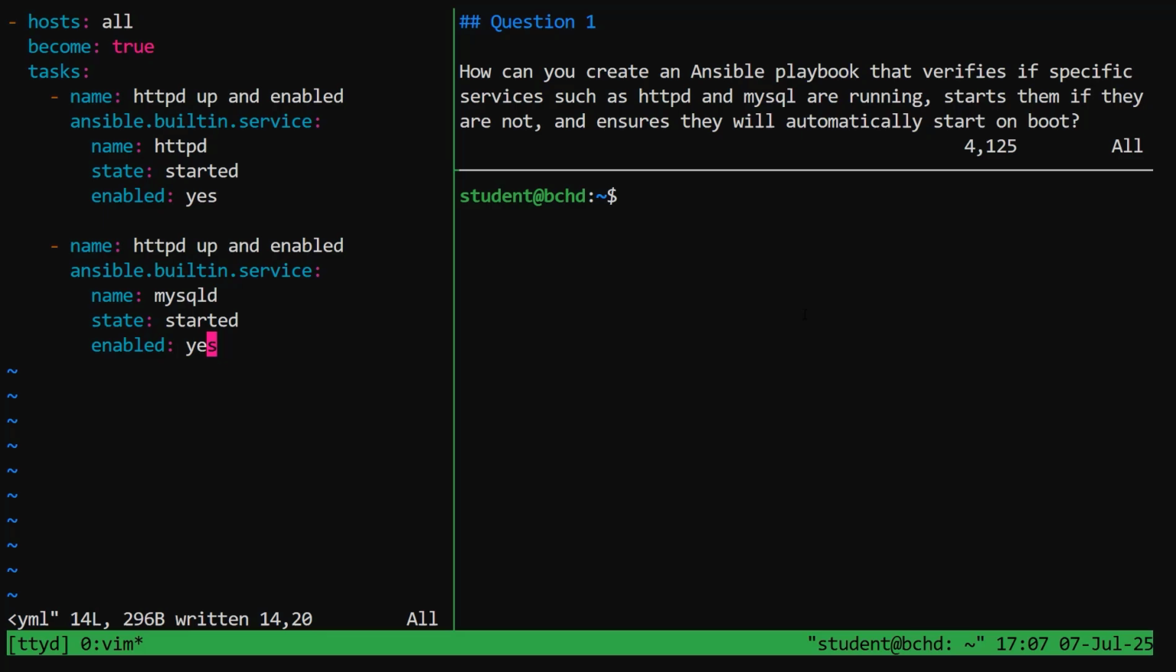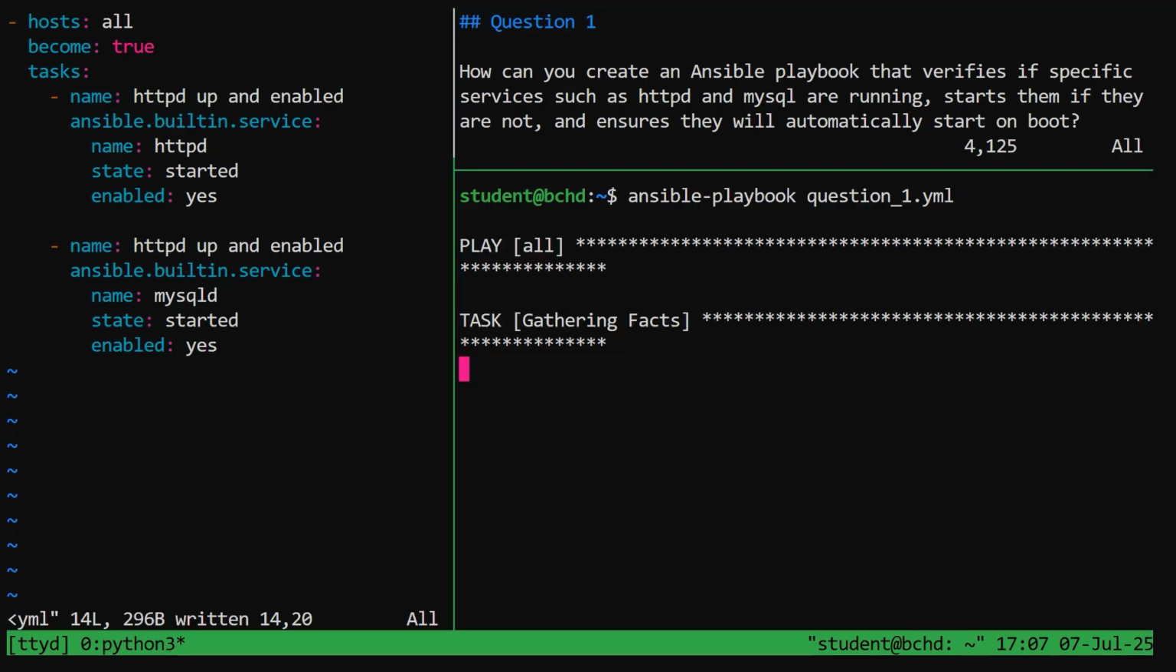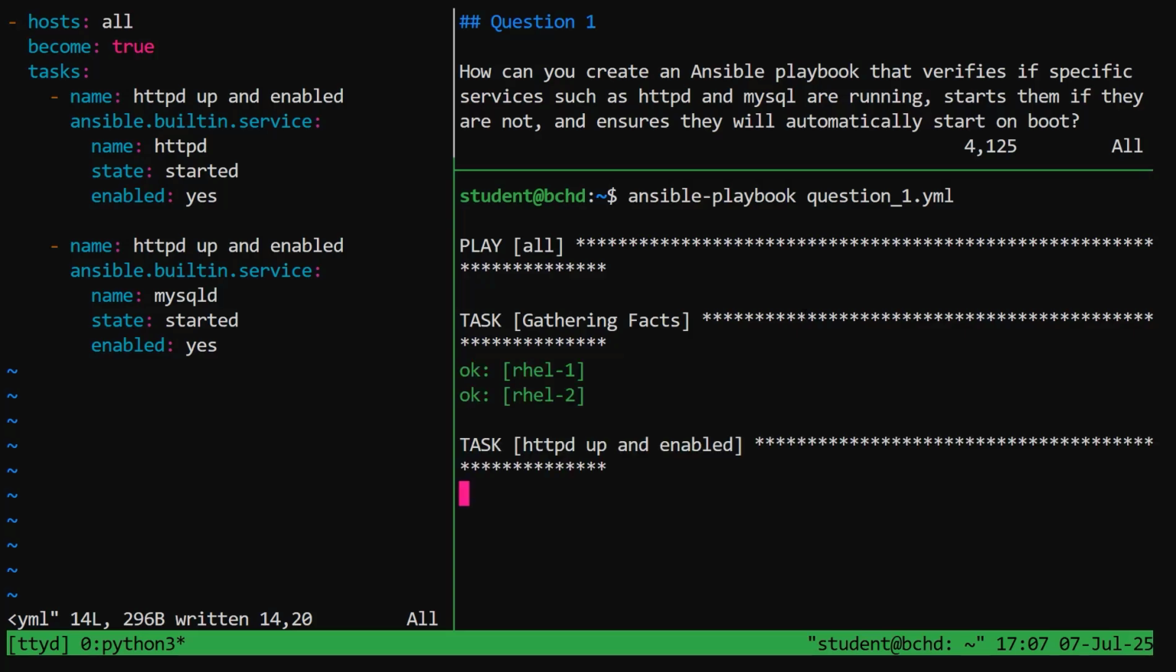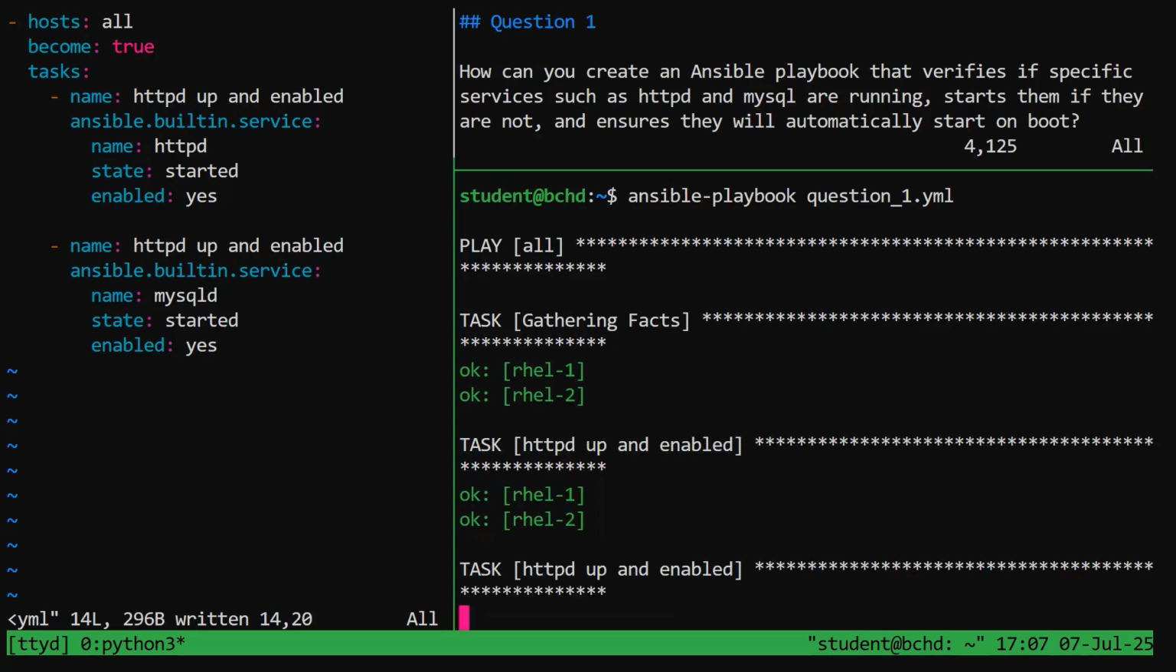So once we've got those all set and ready to go, we should be able to run these playbooks. I won't run every playbook that we do, but you can absolutely run and test these playbooks